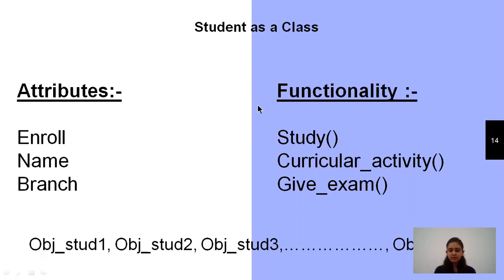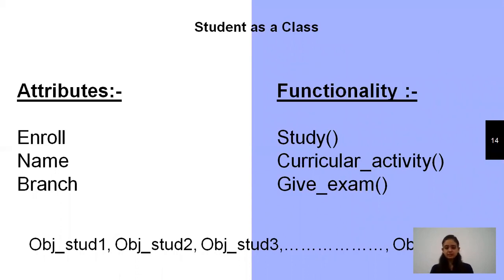So when I am creating a student as a class, then I have to mention the design. What does the design consist of? It consists of the attributes and the functions, and these attributes are the variables of the class, and this functionality are the functions of the class. So I can create 60 objects of a student. Suppose I am creating object 1 of the student, S1, then student 1 has its own enrollment number, its own name, and the branch in which he is studying. Like this I can create 60 different objects of the student.